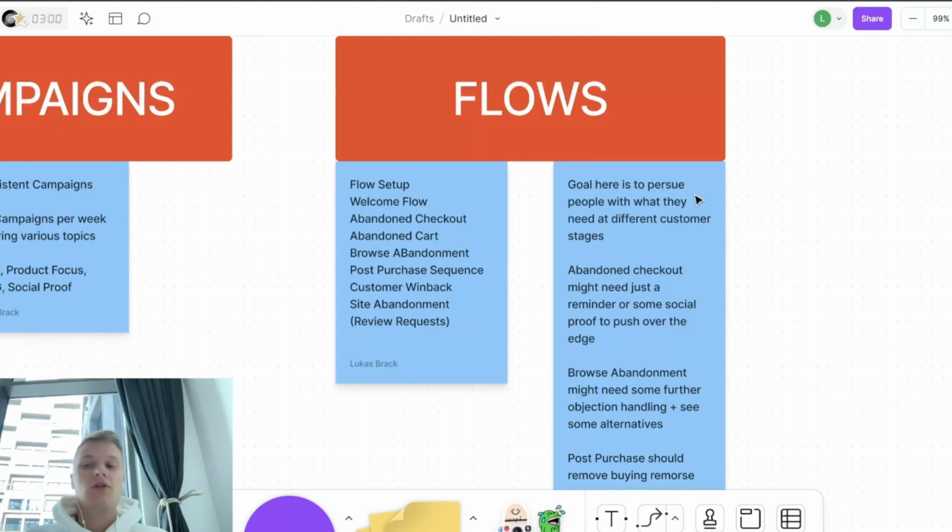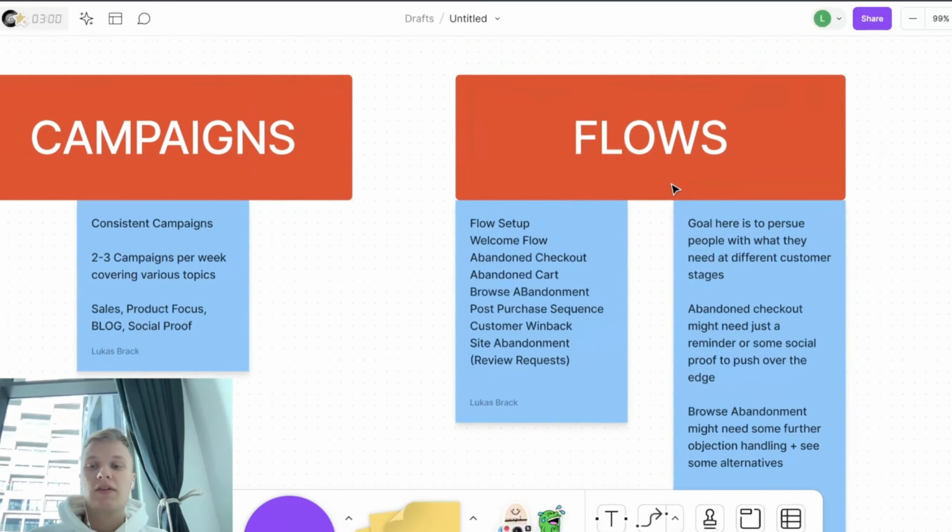Because if you actually think about the system of an email marketing system when it comes to your brand, you send out campaigns and those people click through and take a look at the product. So then they get into the browser abandonment, or they go into the checkout. So there are multiple layers of campaigns and flows that tie together here. So this is everything concerning the emails in and of itself.